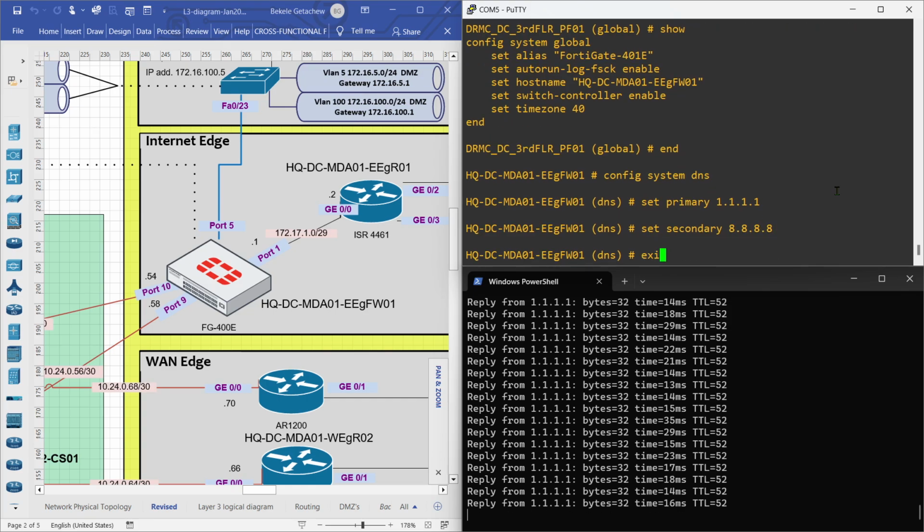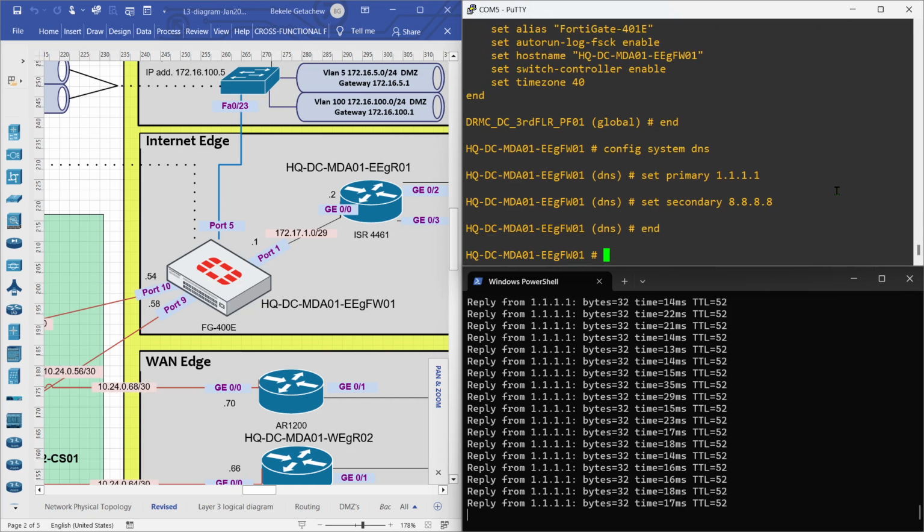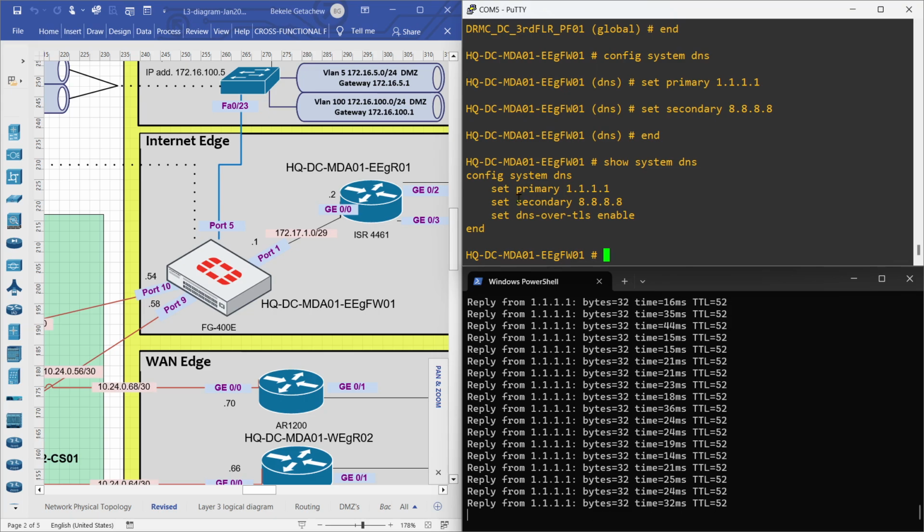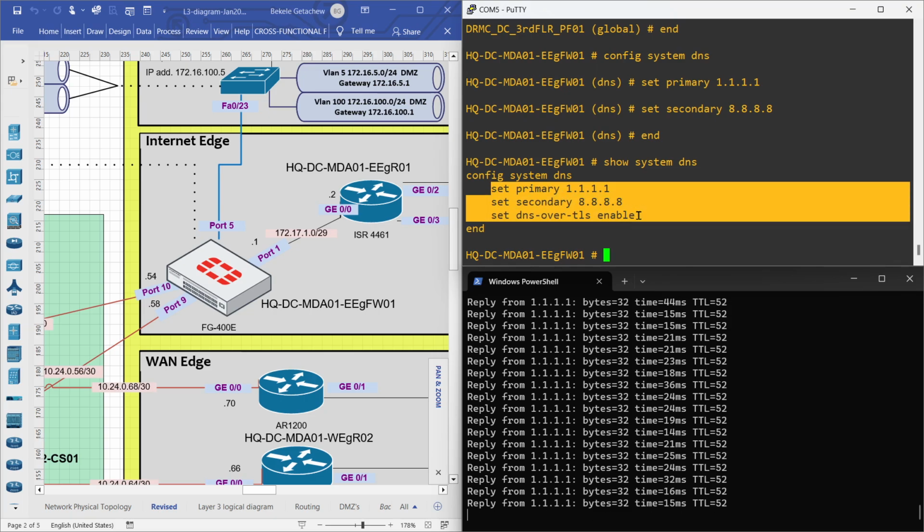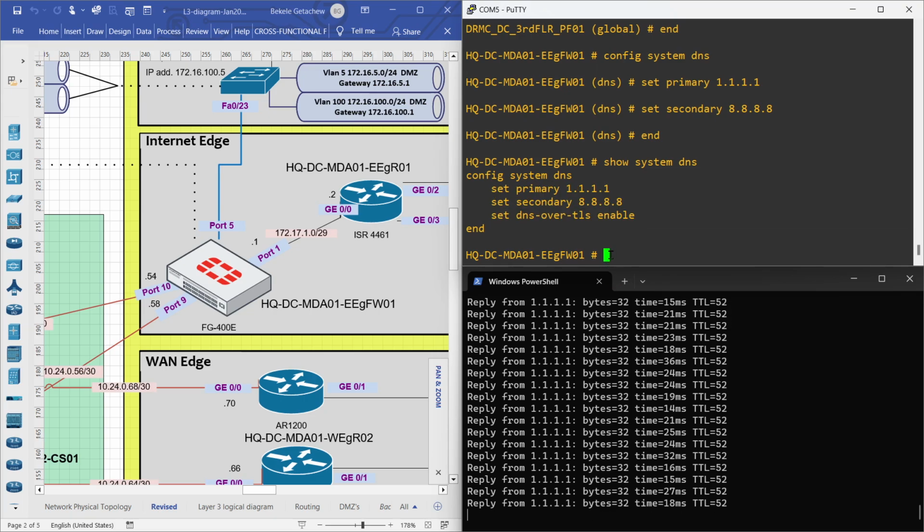Now let's say end. Now these are already configured. Do you want to display the change that you made to the DNS configuration of the Fortigate firewall? Yes, you can use the show system dns syntax. By typing the sub-object dns, you can display your non-default configuration of the DNS on the Fortigate firewall. So the next thing I want to set is